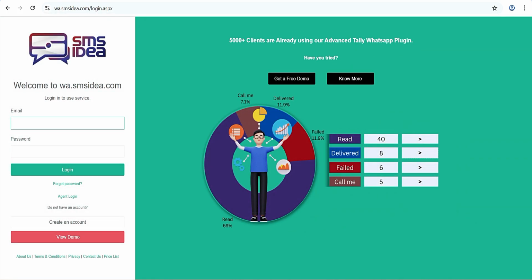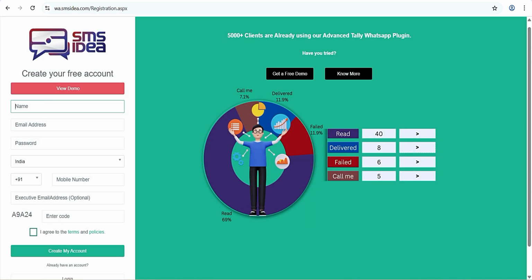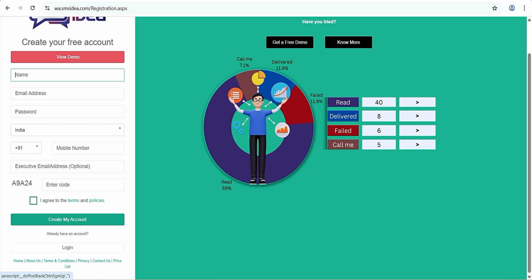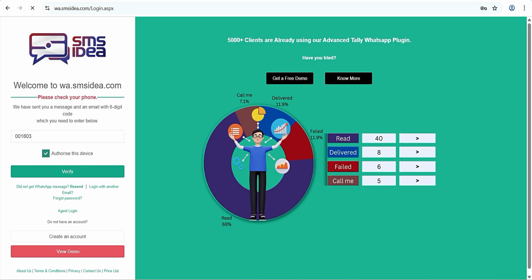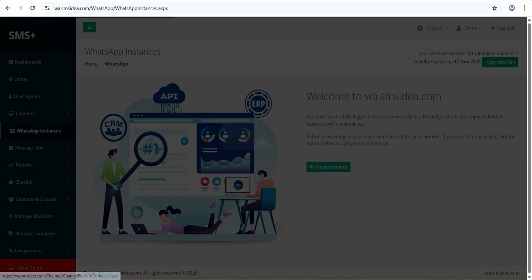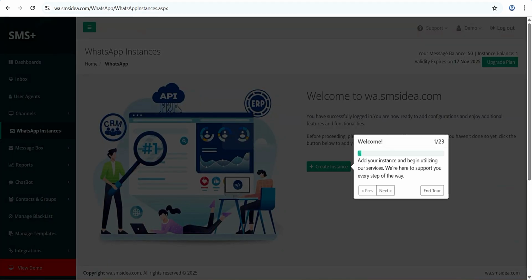To get started, open our official website and click on Create an Account. Fill in your details and complete the registration process. If you already have an account, simply log in with your credentials. Once you log in, you'll reach the WhatsApp instance dashboard, the central place where you can manage your messaging, contacts,